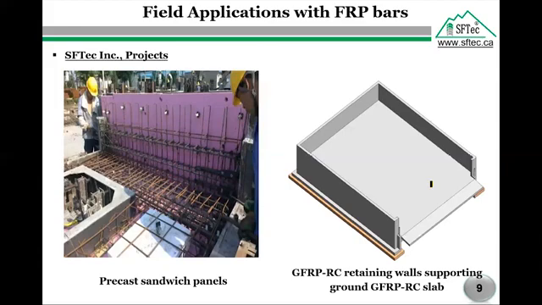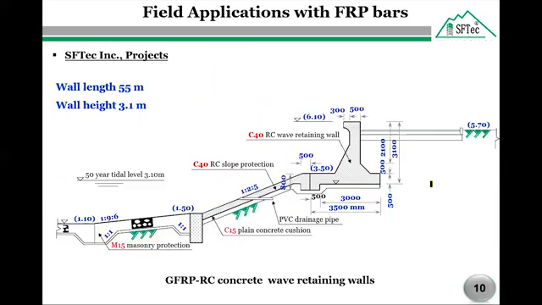Another example here on our right side is GFRP reinforced concrete retaining walls supporting a GFRP reinforced concrete ground slab for the city of Montreal. Finally, we have another great field application with our GFRP bars in reconstructing the reinforced concrete wave wall. For your information, the wall length is 55 meters, while the wall height is 3.1 meters. Today, we are going to deal with the design of this wall in detail